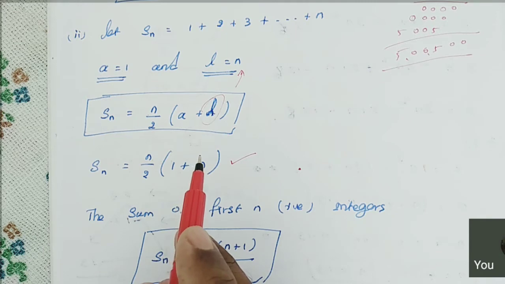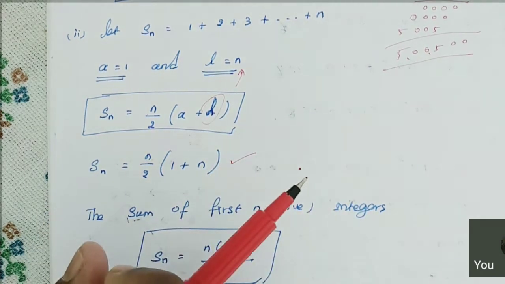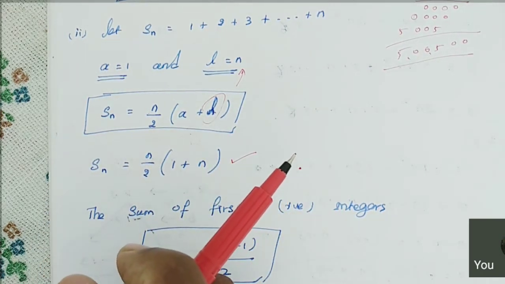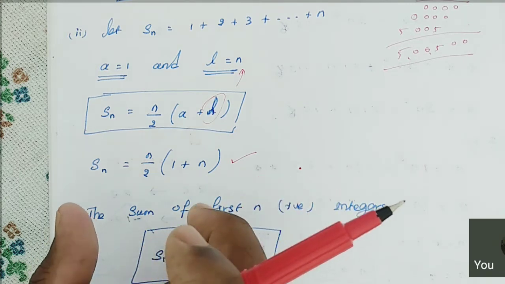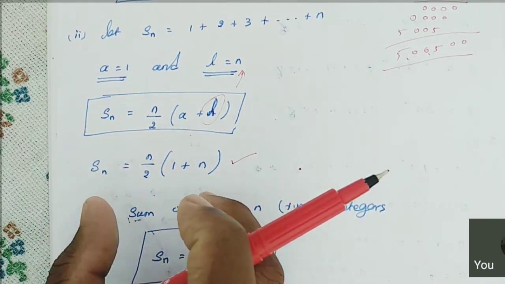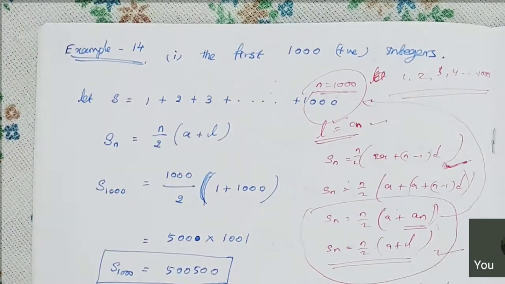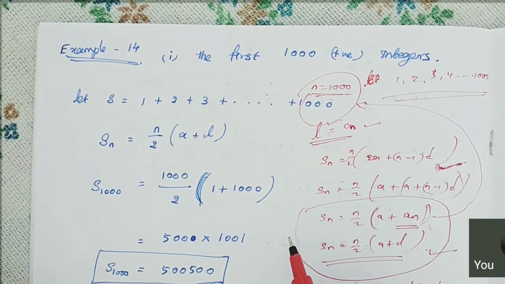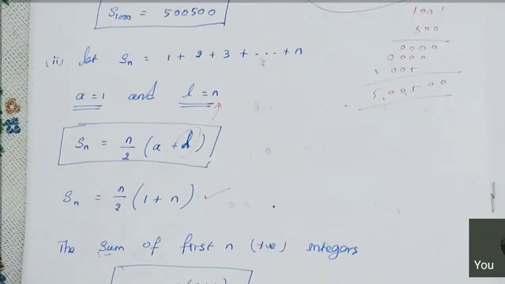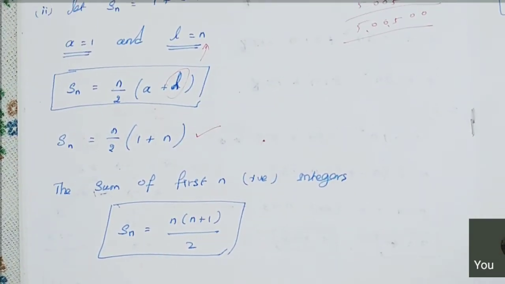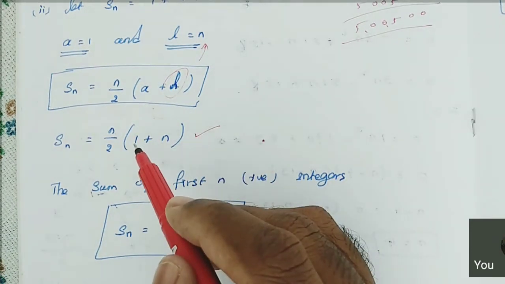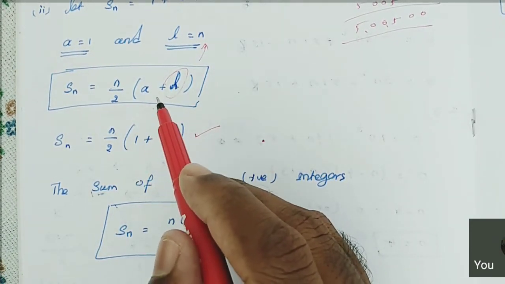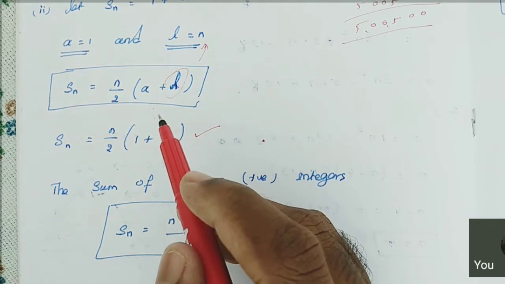Clear? So what do we conclude? From this formula, what do you observe? Actually, from subdivision 1, when they gave the last term or the nth term, we didn't need to find a d value, right? Here the formula came as Sn is equal to n by 2 (n plus 1). So what do you conclude?